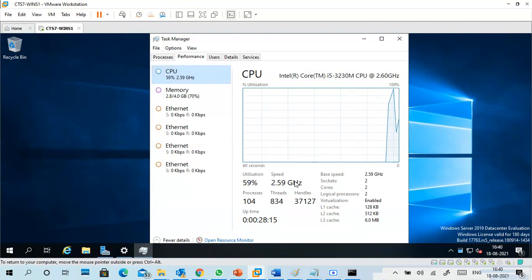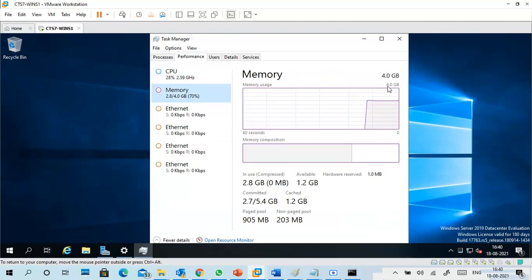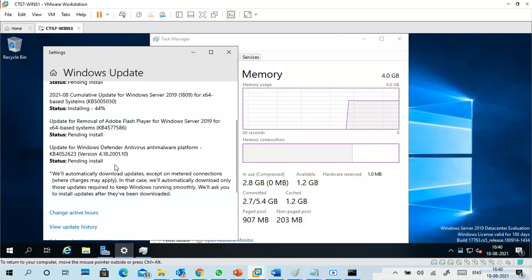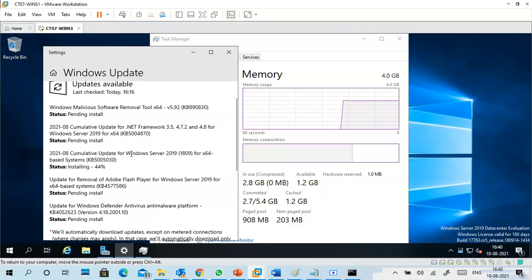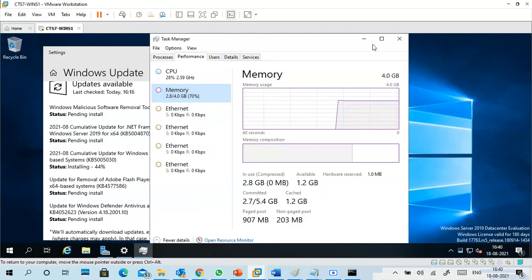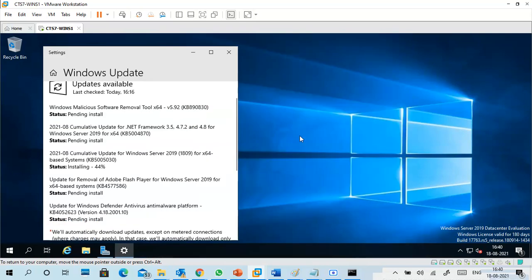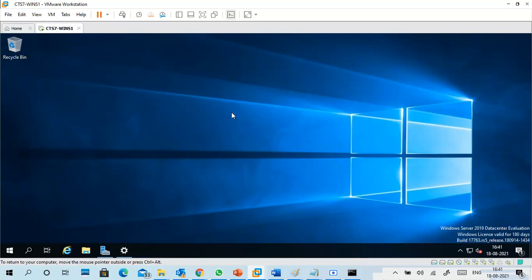Okay, CPU, and virtualization enabled, compulsory. So I'm getting enabled. Memory, so 4 GB RAM is there. Currently 1.2 GB is available, maybe due to updates going on. Okay. Next, any server,